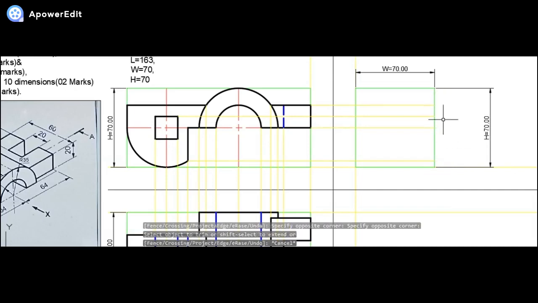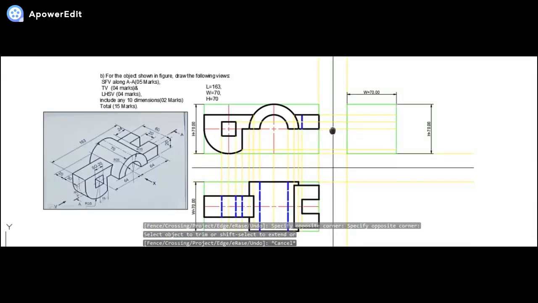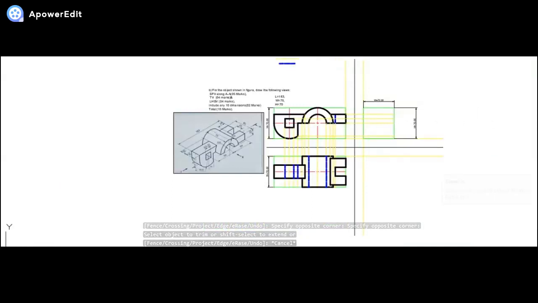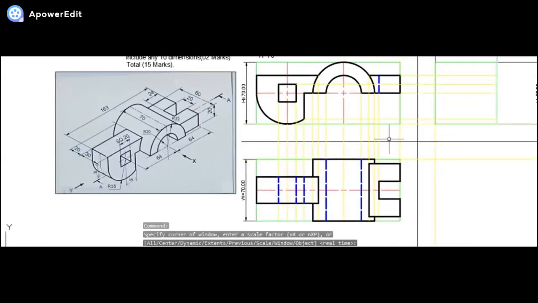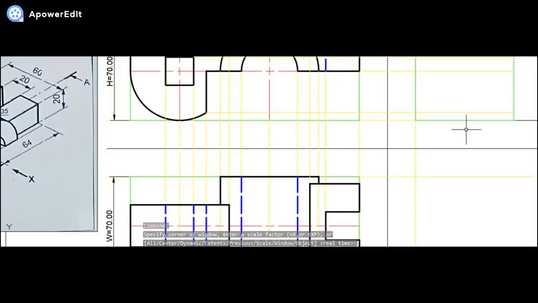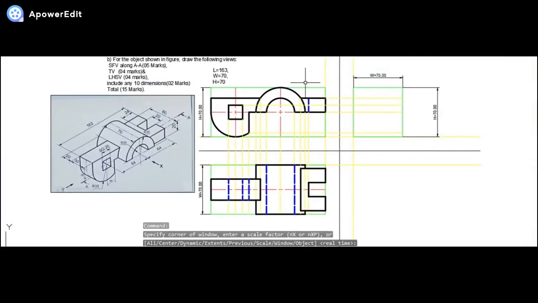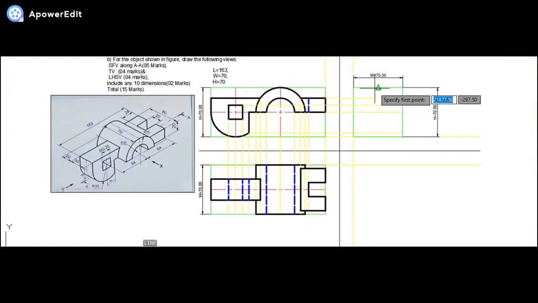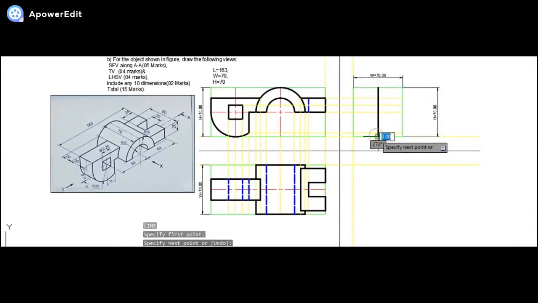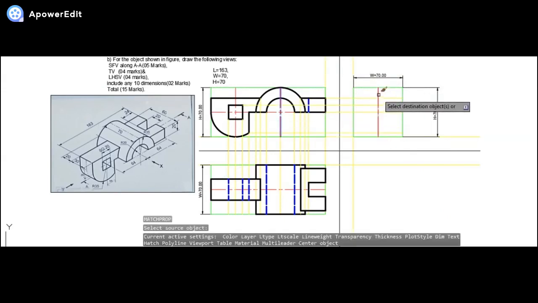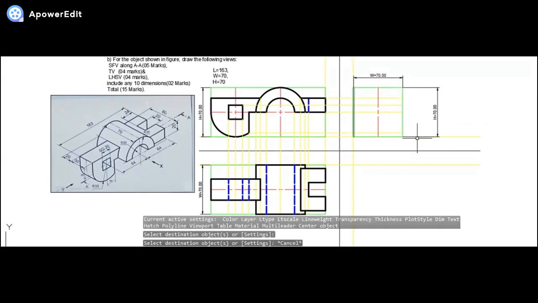Now if I am drawing the side view, to be very specific, even the side view is symmetrical about the vertical center line. So let's draw that vertical center line, which will make our job simpler. Now I'll be changing this and making it like this at the mid, and I can make this the center line over here like this. Now let us make the parts one by one.